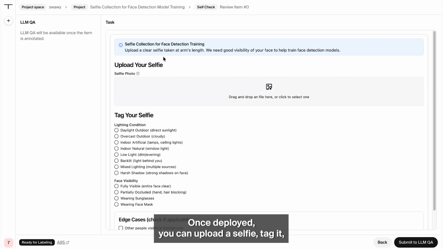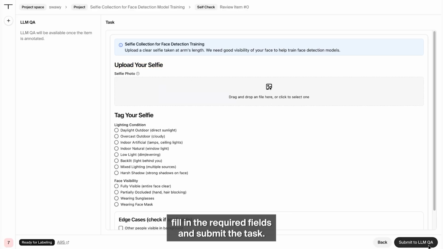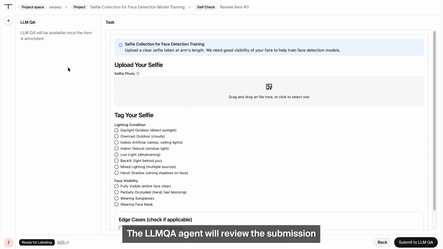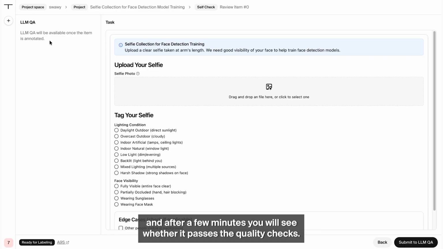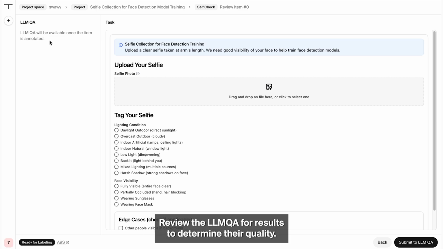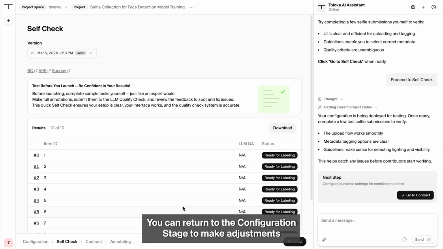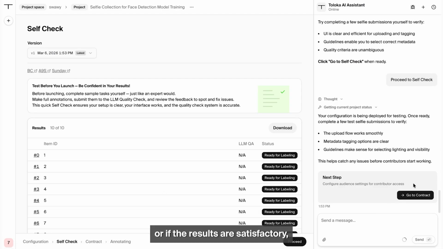Once deployed, you can upload a selfie, tag it, fill in the required fields, and submit the task. The LLM agent will review the submission, and after a few minutes you will see whether it passes the quality checks. Review the LLM results to determine their quality. You can return to the configuration stage to make adjustments, or if the results are satisfactory, proceed to the contract